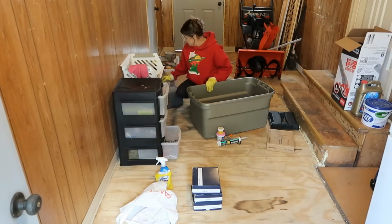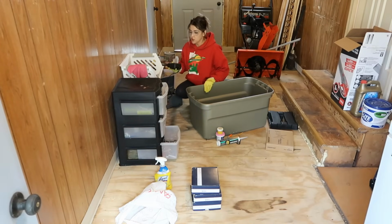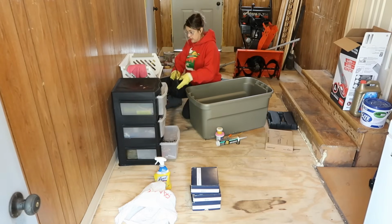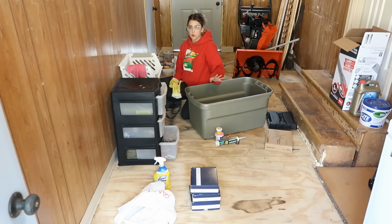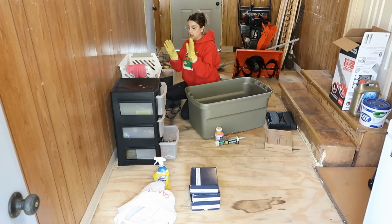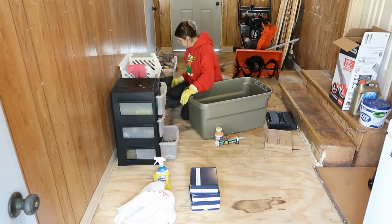I think what I'm going to do is, let's put all, because there's so many wrenches. I don't know why he has so many. But anything that's not DeWalt is going in here. Everything that's DeWalt is going to stay down in the basement. So I have this tub full of random tools, and then these toolboxes are full of random tools. So I'm going to put any tool that's not DeWalt in here. Is this a DeWalt? No. I think what I'm going to do is, because he has so many wrenches,